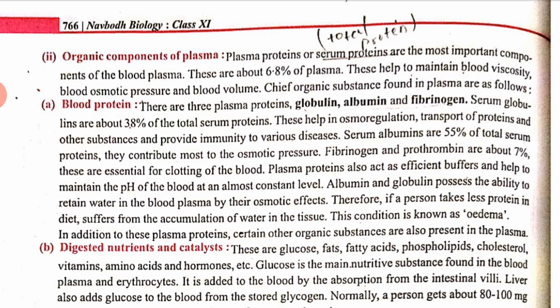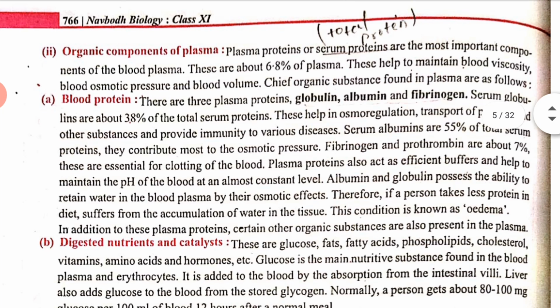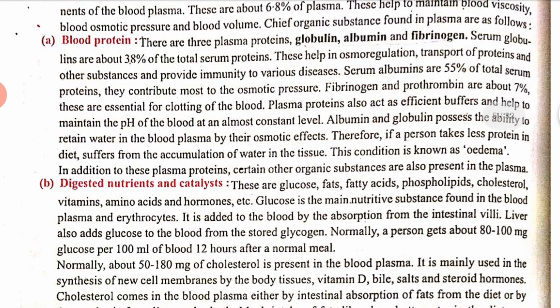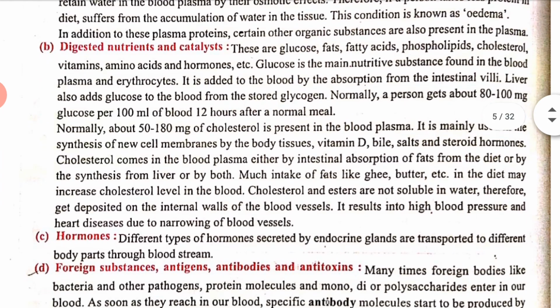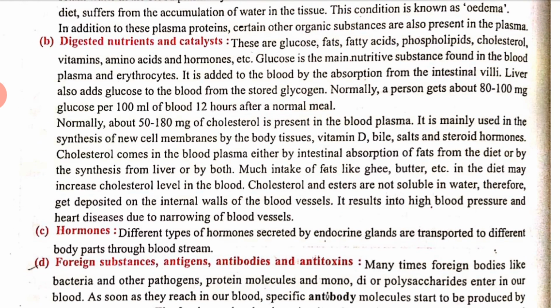Chief organic substances found in plasma are as follows. What are the chief substances? Blood proteins, the proteins present in blood, like globulin, albumin, fibrinogen, all these things. Now next we have digested nutrients and catalysts. So whatever is present in your digestion,